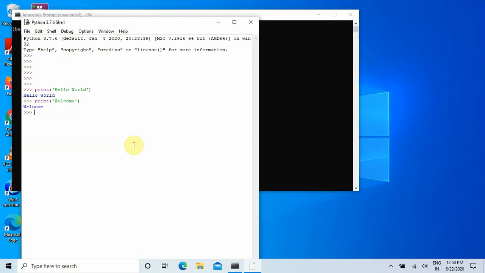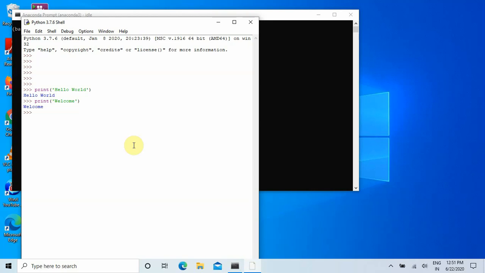You cannot write multiple lines and then run the code, because once you hit enter it will run that particular line and form the next line in order to write the next line of code.